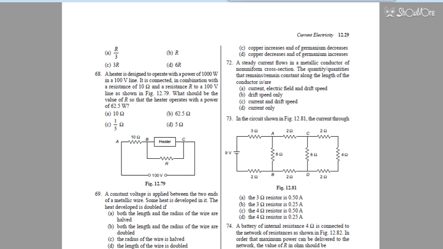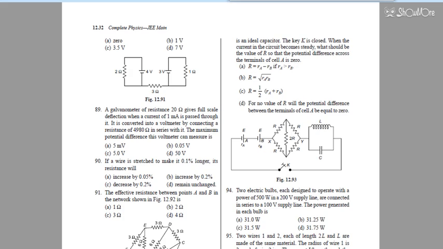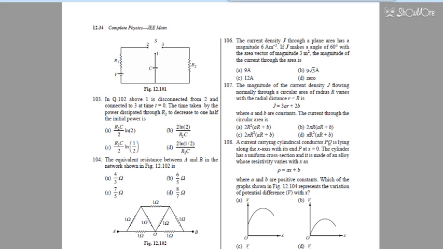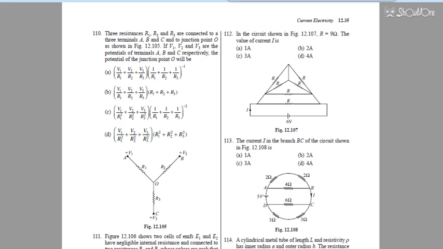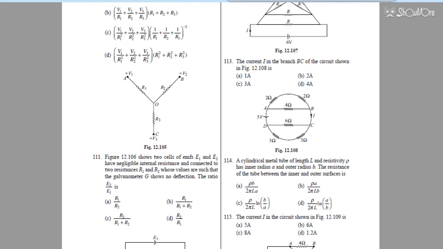Okay, any circular type question is there. I am finding. You can see the questions, and okay, one question I got. I have to find the current in the branch BC of the circuit as shown. Firstly I can find the resistance between point A and D. Then when I get the total resistance, then